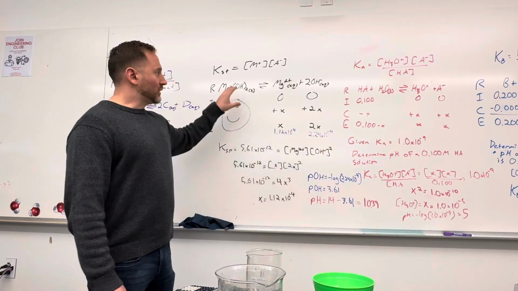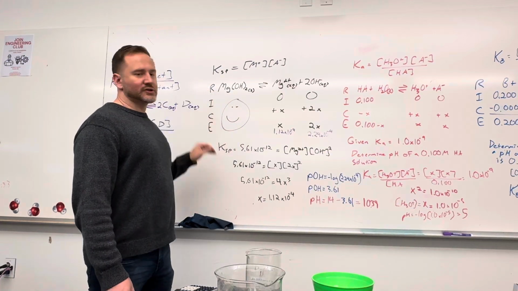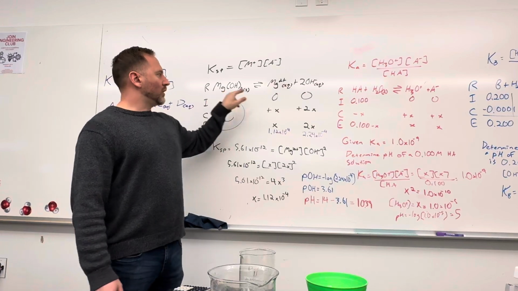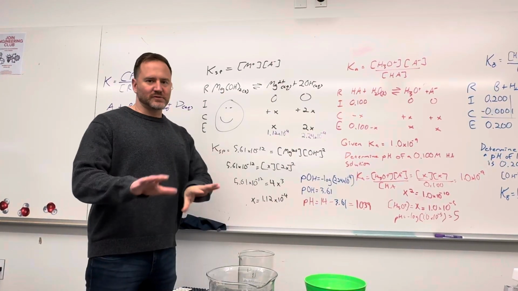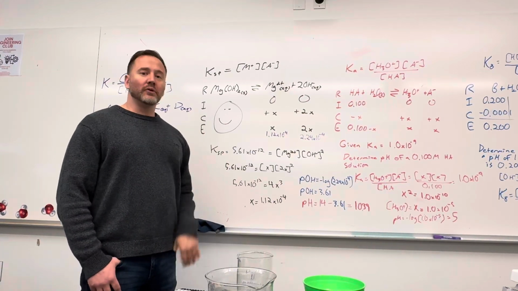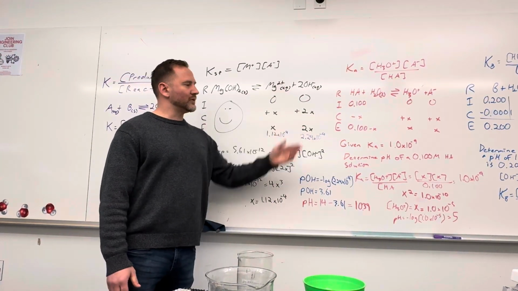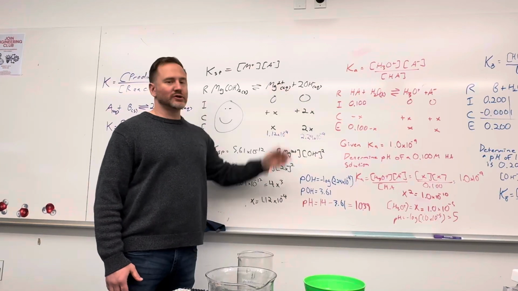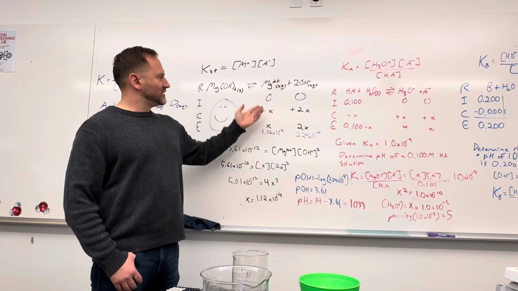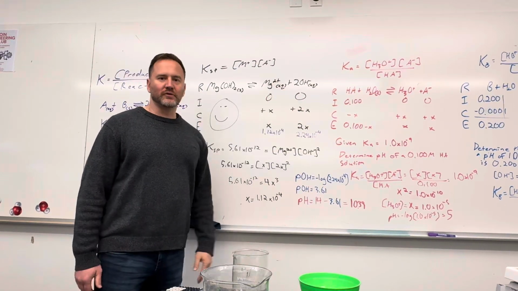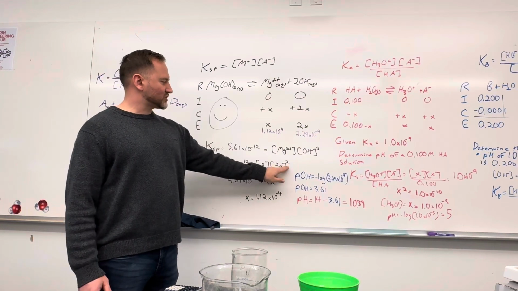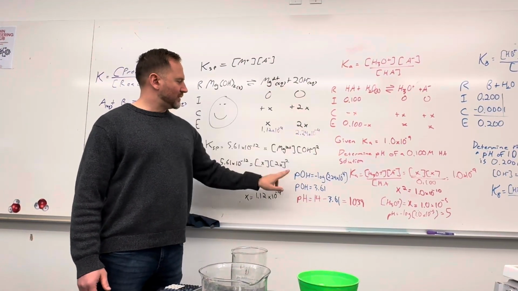Now, with equilibrium systems, we're going to create an ICE table, or RICE chart, since you've got a reaction here. So we're always going to assume that initially, with this type of situation, our initial concentration of product is 0. But we know that it's going to go up by some amount, and that amount is going to be relative to the stoichiometric ratio in the chemical equation. So given those values, we're going to say this magnesium goes up by some amount, hydroxide goes up by twice that amount. But then when we write our equilibrium expression, we still have to square that hydroxide